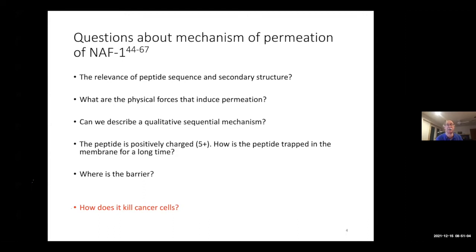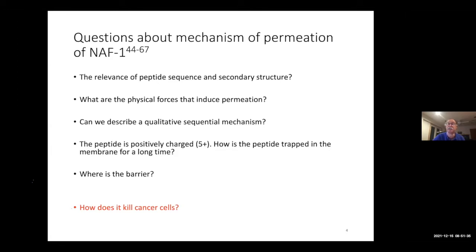NAF1, for example, without any further design of what I've just described, passes through the plasma membrane of the cancer cell without damaging it, and goes to the mitochondria. And once it goes to the mitochondria, it kills the mitochondria, and then the rest of the cell dies, as in the picture that we have seen. So the peptide is positively charged. How, with a 5+ charge, is the peptide trapped in the hydrophobic membrane for such a long time, as we have seen